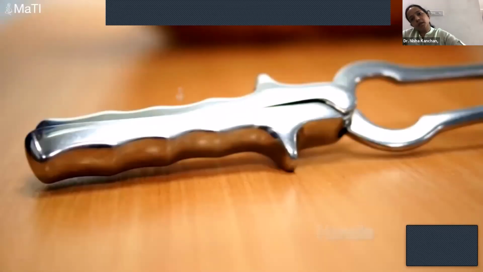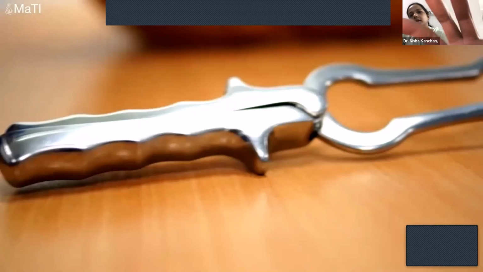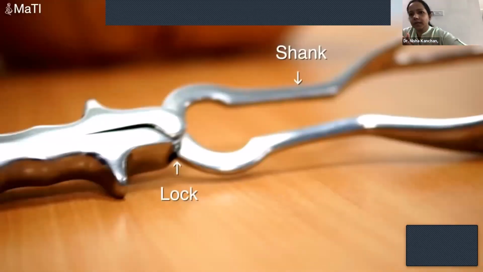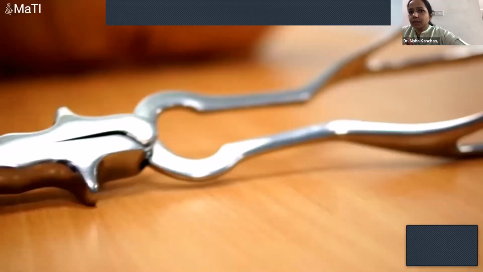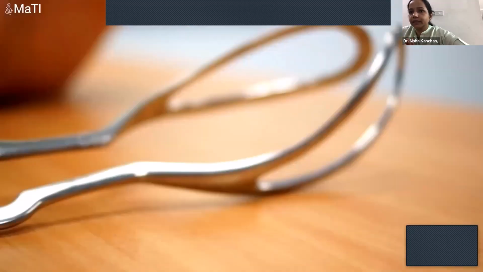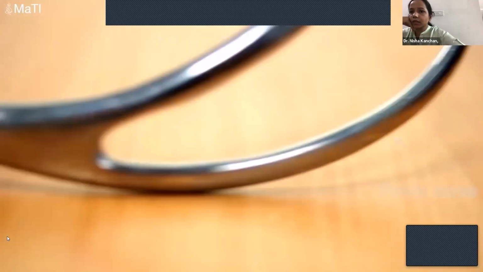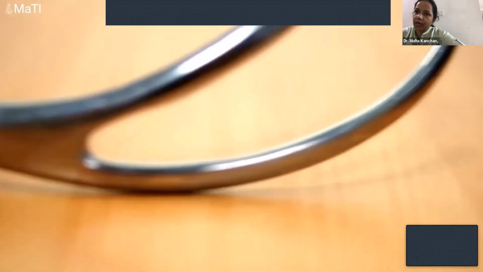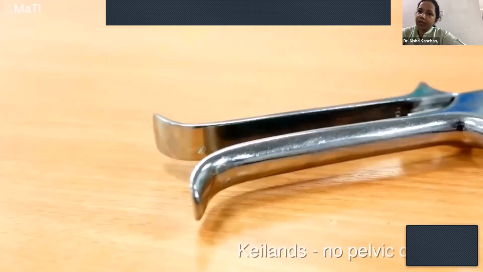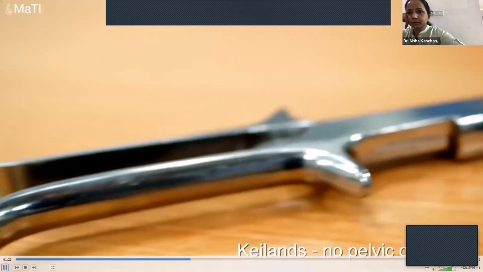Okay, so this is the forceps, the handle. Above that is the shank, which are 2 separate things. The lock is in between the handle and the shank. And then you have the blade, the fenestrated blade. The cephalic curve is the part which is going to hold the head. And the pelvic curve is the upward curve on the forceps. Okay, so these are the parts of the forceps. This is the pelvic curve, which you see going upwards. So the concave part of the curve should be up.